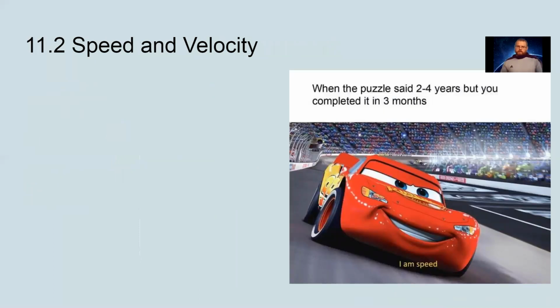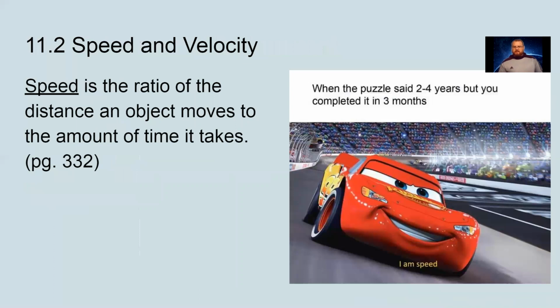So, first vocab word is obviously going to be speed. Speed is a ratio of distance and the amount of time it takes for somebody to cover or something to cover that distance. So, for instance, when I was going to college to play ball, I was running about a 4.6, which means that in 4.6 seconds, I could cover 40 yards. Examples of this are miles per second, kilometers per hour,